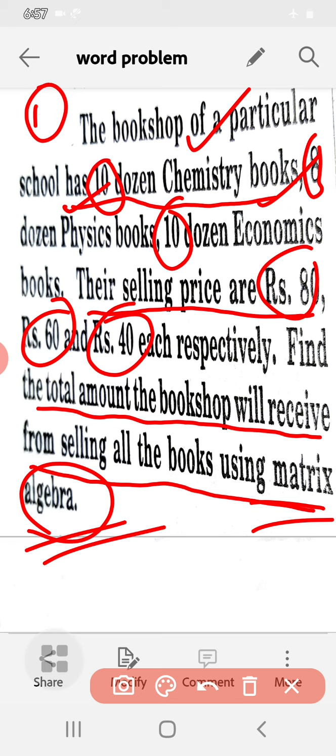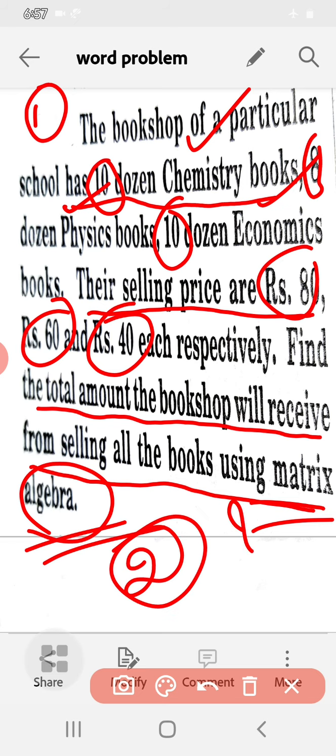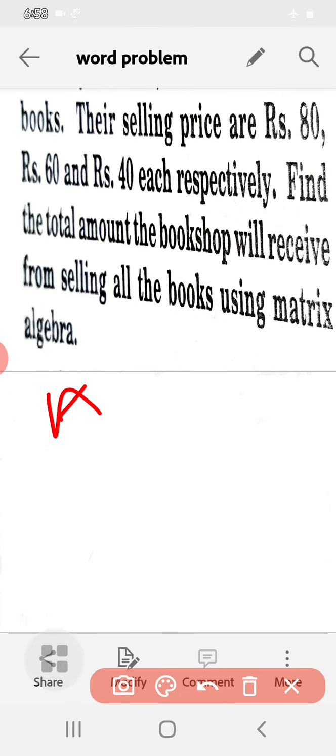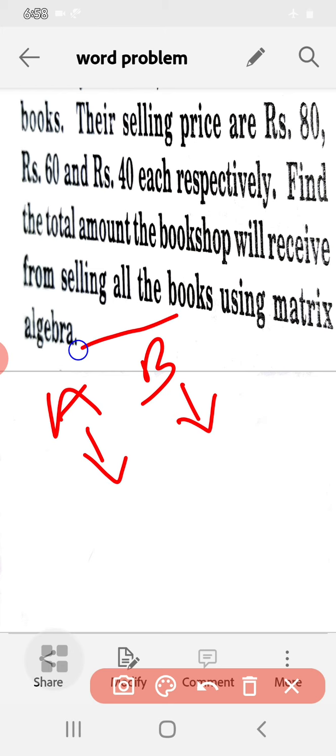So here we have to write two matrices. What are those two matrices and how do we write them? Say we consider one matrix as A and another matrix as B. You have to write those two matrices such that the product AB exists. Product exists means the CR rule must hold good.